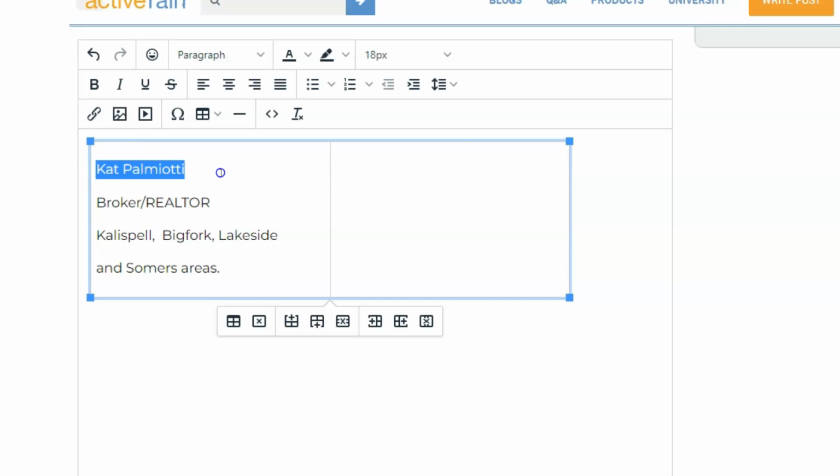That's pretty easy. I can highlight her name, make that bold. I want this text to be bold. But right off the bat, we're going to see something when we're working with websites: every time that you hit the enter key,